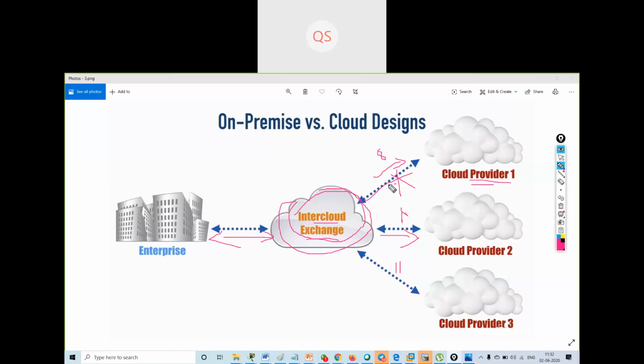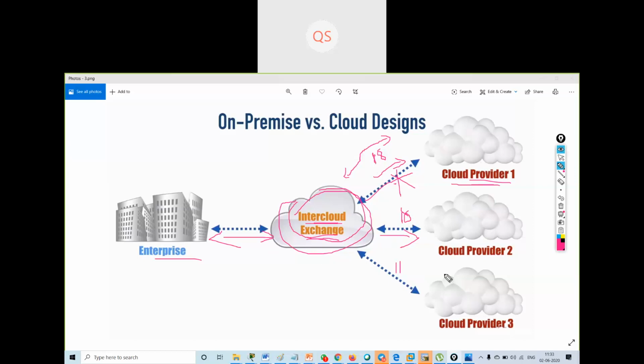At the current time I have a peer with this cloud provider. Now in future, suppose the cost for this cloud provider increased to 18. Then it is the responsibility of the intercloud exchange to switch to another cloud provider.